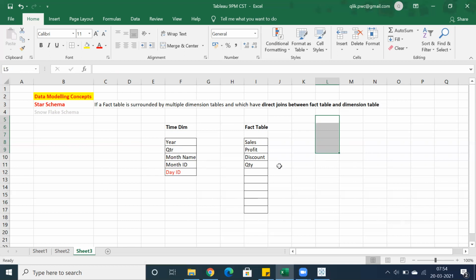I will showcase that example. I have a sample data, as I said, which we are going to discuss on Snowflake schema. Star schema is pretty straightforward. The concept is, if we have multiple dimensions, let's say I'm going to use customer related information, customer dimension, which